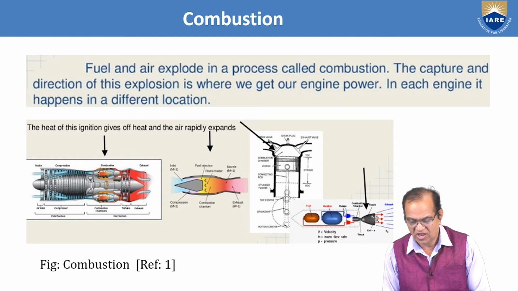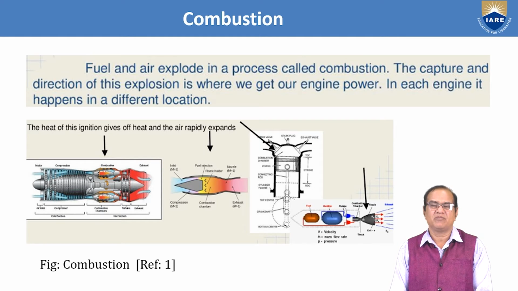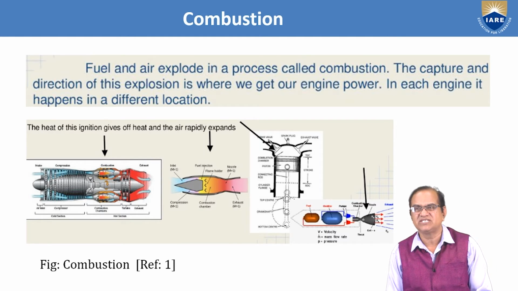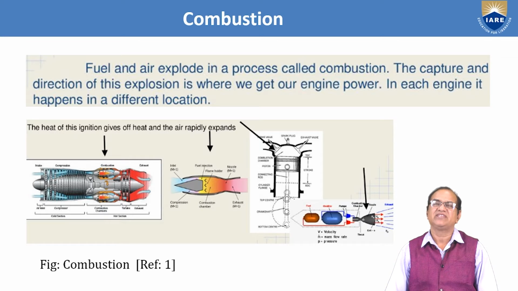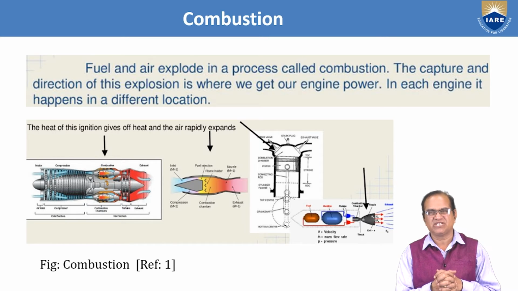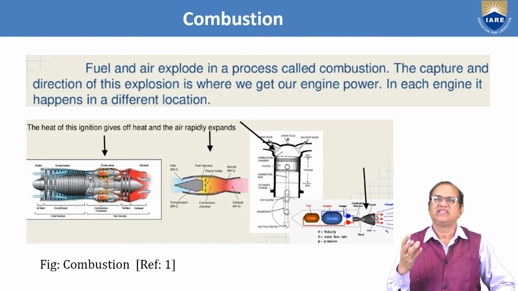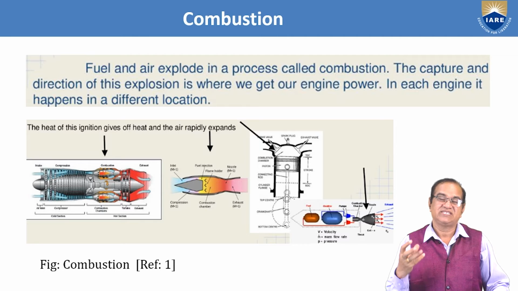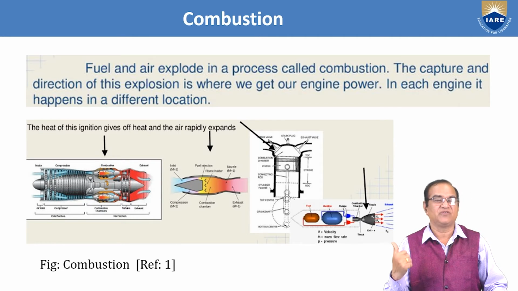Now we have to see next is the combustion. We have seen in all the engines that there is a fuel and this fuel has to be burned. For different systems, we have different types of burning mechanism. We have seen the rocket, the piston engine, the ramjet engine, and the turbojet engine, and everywhere their heat is obtained by the burning of the fuel. This burning is called the combustion.